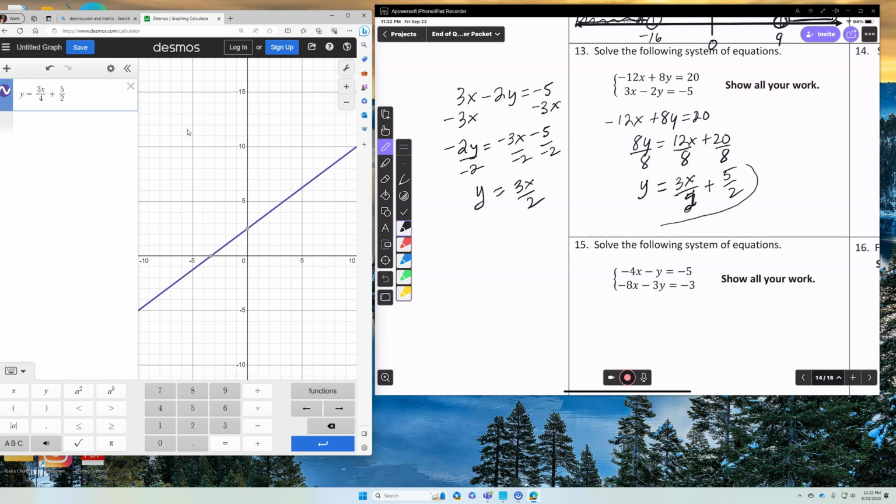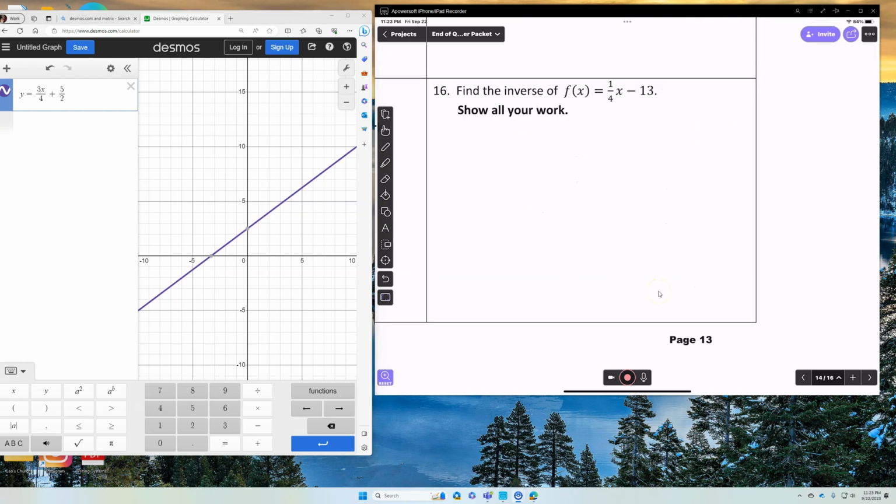So this equation, I needed to correct it. And this one, so both equations are the same. So that means they coincide. So that means there are many, many answers. Okay, so they're actually the same line. So for 16, I'm going to